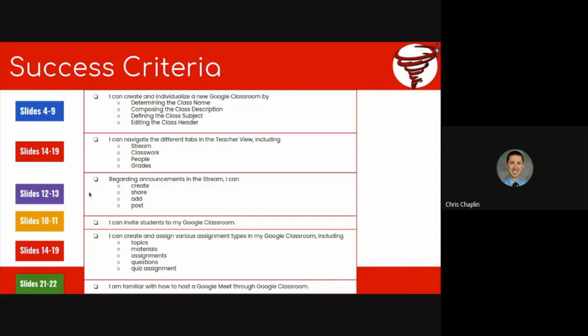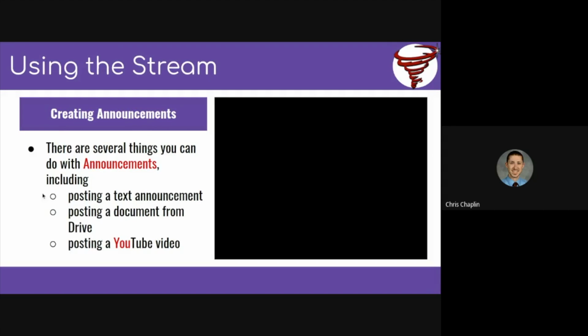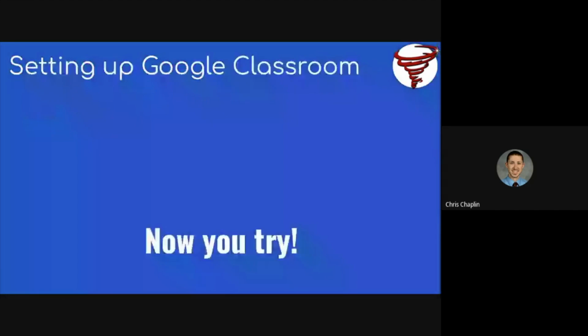In the recording, I can watch it live, or in the PowerPoint we'll share with you. If I wanted to know the beginning of how do I make an announcement again, I can go find that on my success criteria. All of these colored slide labels are linked, so I can pop right there to be able to find some reminders of what I need. So just a heads up on how you'll be able to use this recording and this PowerPoint at a later time,